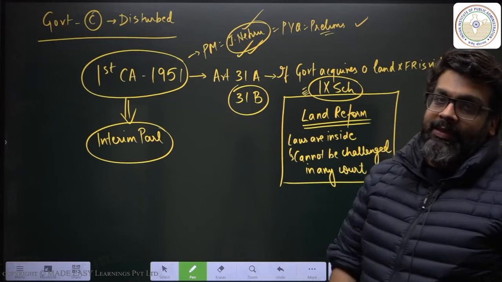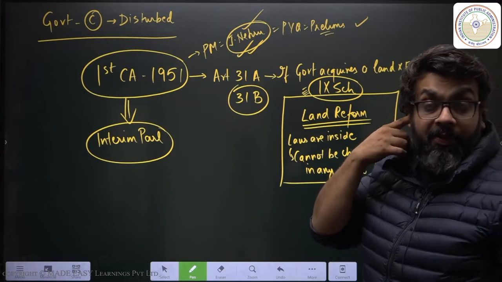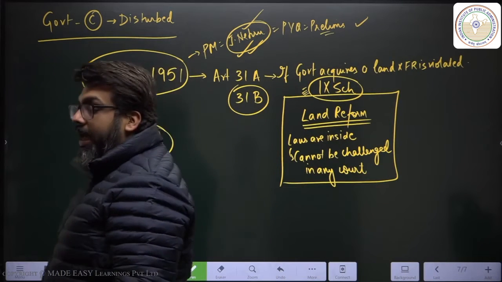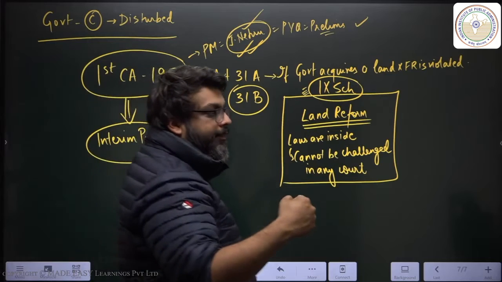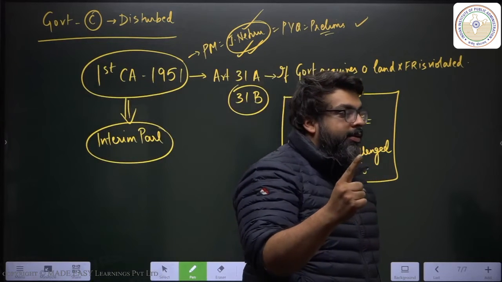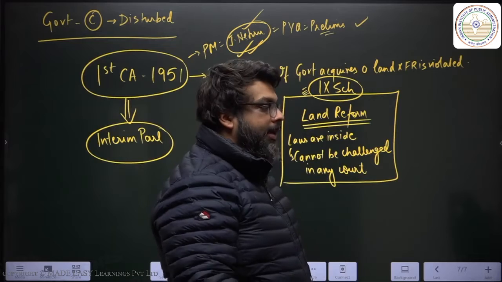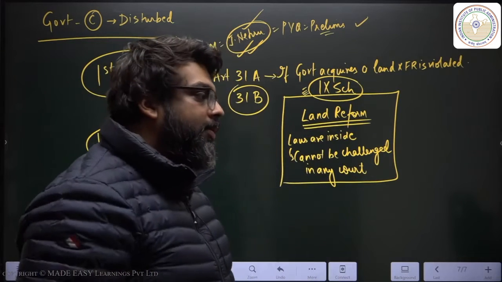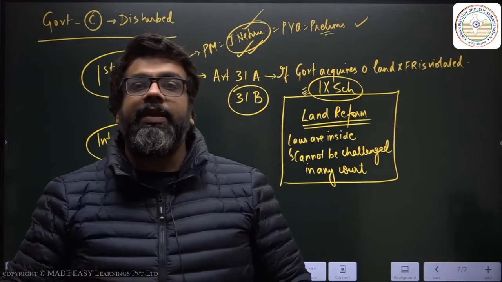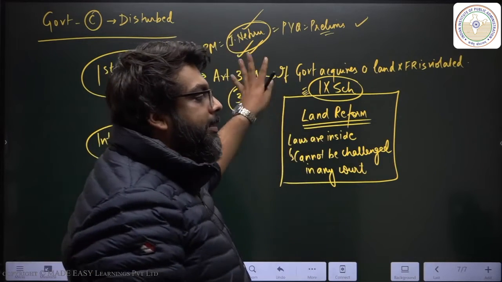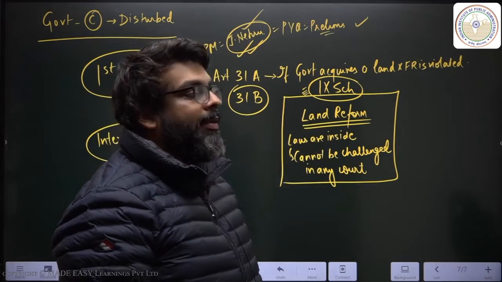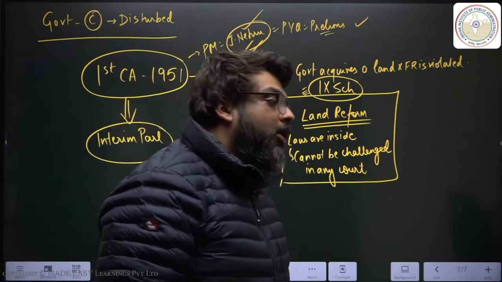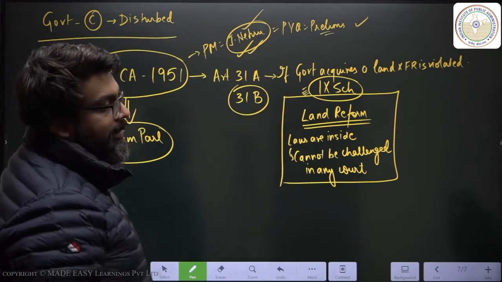Now the prologue is over. The government has created a shield. Shield number 1: if the government acquires your land, there's no fundamental right violation. Shield number 2: any of these previous land laws, we've put them in a special place and you can't take them to court. The courts don't have the power to look into the constitutionality of all of this.